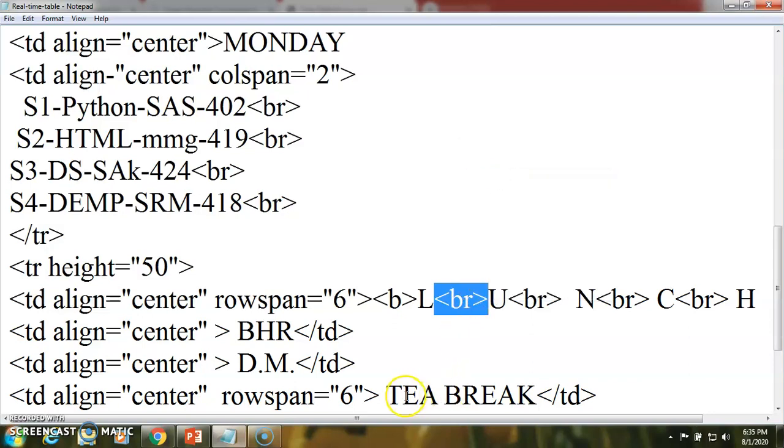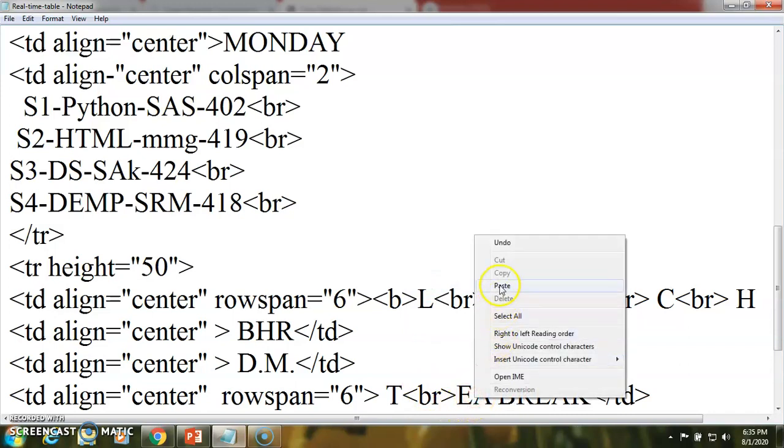I will make this arrangement look like one column.